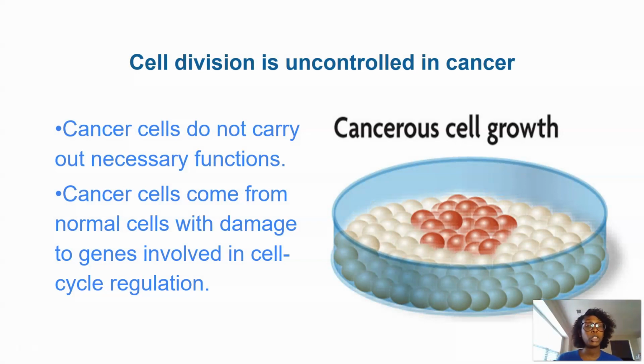And this is just a picture to explain what I said about how cancerous cells grow. They don't have that external factor that says, hey, let's stop growing, we have grown enough. They just continue to clump on top of each other. Or it may have an internal factor, such as a protein, that doesn't help with stopping the growth of that cell.